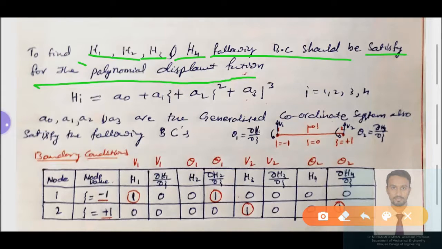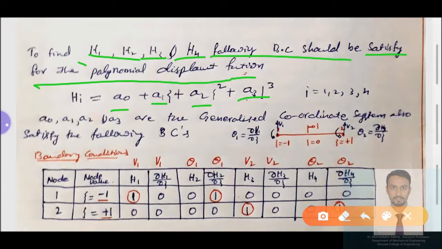What do we need to find out in this polynomial equation? Again we have unknowns to find out the Hermite shape function. If we know those unknowns, we will get the Hermite shape function for each and every displacement, each and every degree of freedom which we have considered in a beam element due to the application of a load. What are those unknowns in a polynomial equation? a0, a1, a2, a3 are the generalized coordinate values, which also satisfy the boundary conditions, and they should be found by using the boundary conditions of the given beam element.